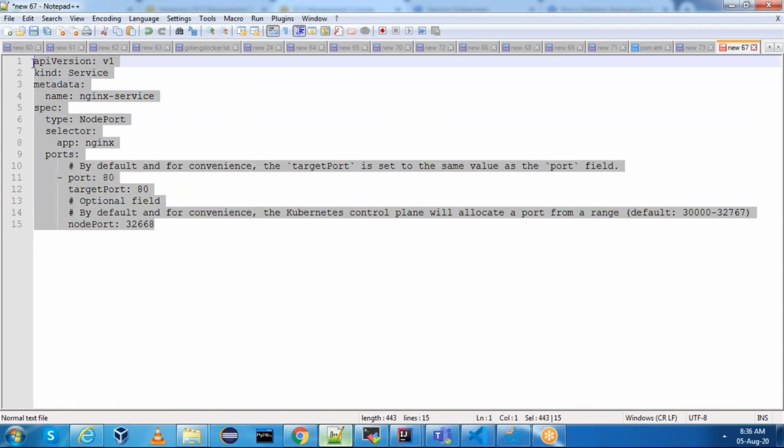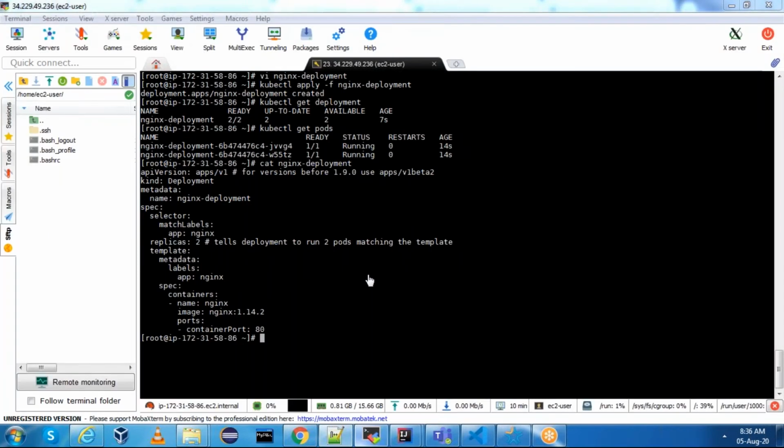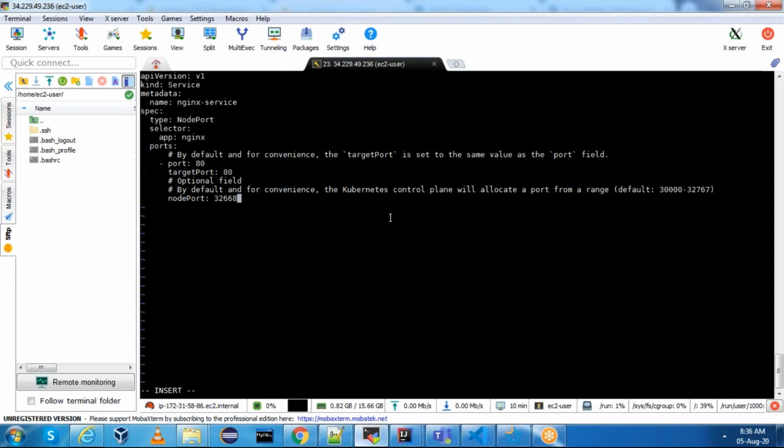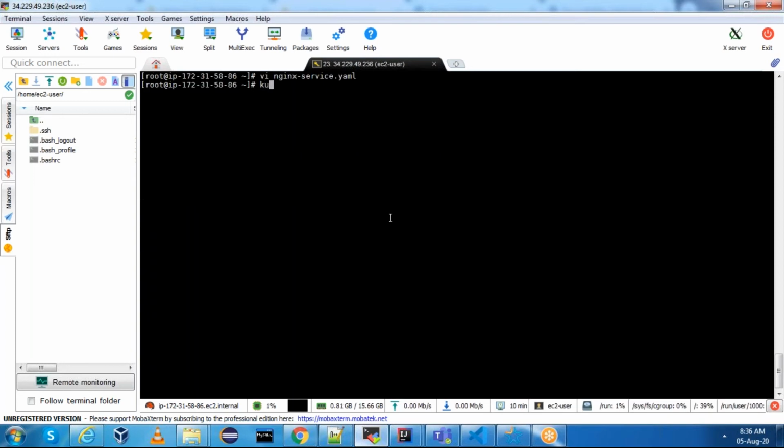Let us copy this and create a file here. Vi nginx-service.yaml. Paste it here. This is perfect. Now run this service. kubectl apply -f nginx-service.